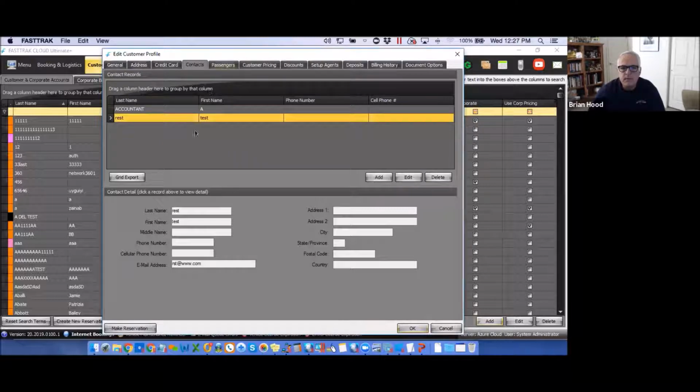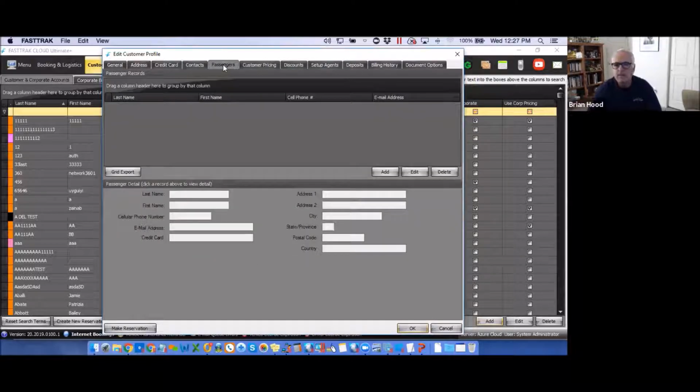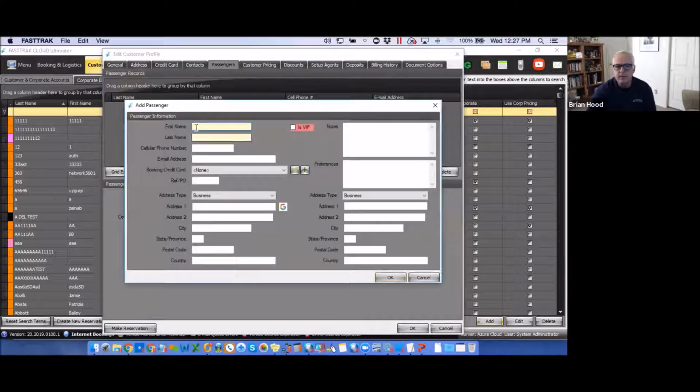Passengers would be other people who would also be traveling on this profile. By selecting passengers here, it may be something such as a brother, a cousin, an uncle, a mother, any items such as that. I can type in their name,